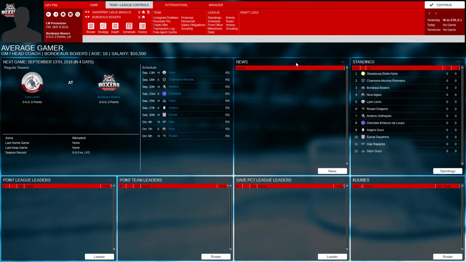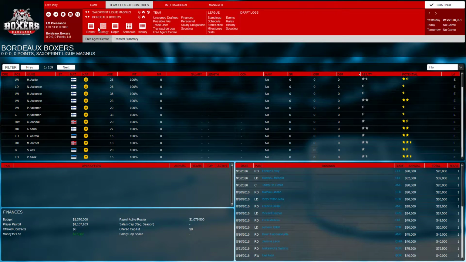I'm going to forward to our first game of the season, which is... Do we even play the Dragons? When's the first time we played the Dragons? Yeah, we play them on the 9th. We play almost every second day, which is good. No, 3 days there, 4 days there, 3 days there. I'm going to forward to the 13th of September, unless...